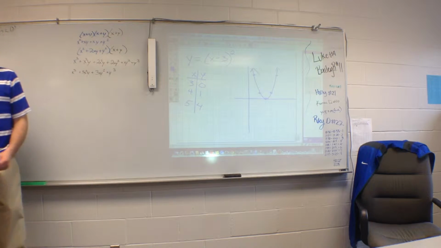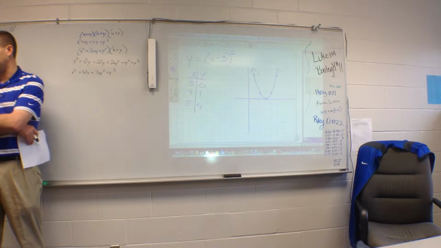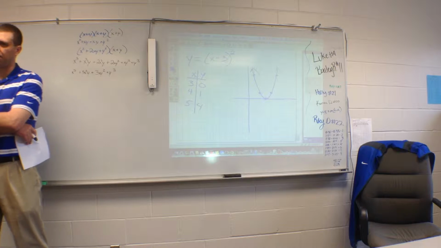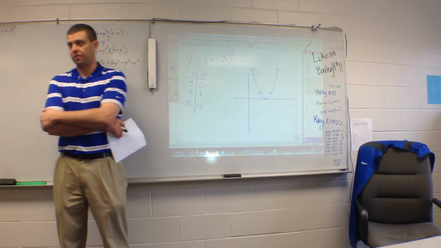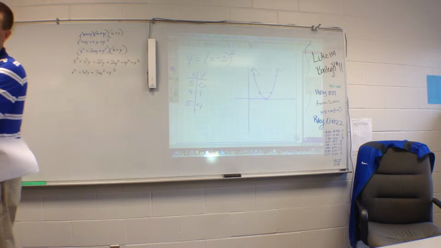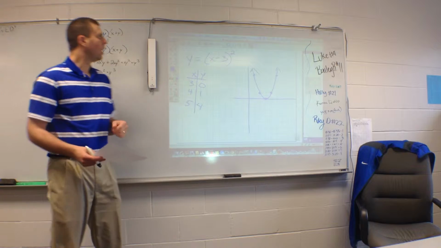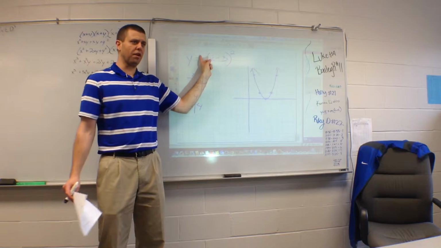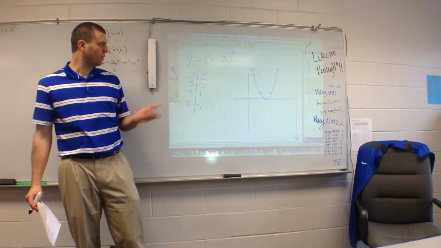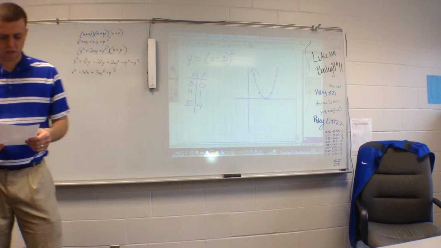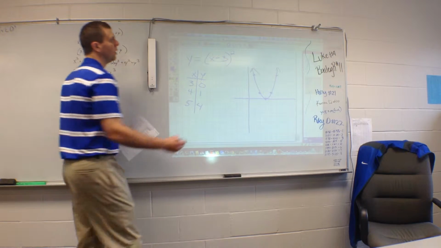Alright? So we've graphed those two multiple times, shifting them up and down, shifting them left and right. You've even done some where we've shifted them left or right, and then also up and down both. So that should be pretty simple. If they throw a negative in front of this, what does it do? Makes it upside down, reflects it over the x-axis, and so on. All right? Now,